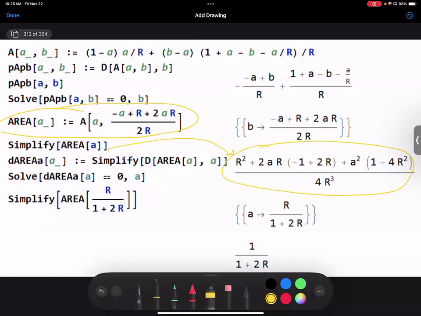And if you look at it, it's quadratic in a. So the derivative is not going to be that bad to calculate. The algebra is not going to be that bad. So we take the derivative, we set it equal to 0. Again, you will not have Mathematica on the Putnam,